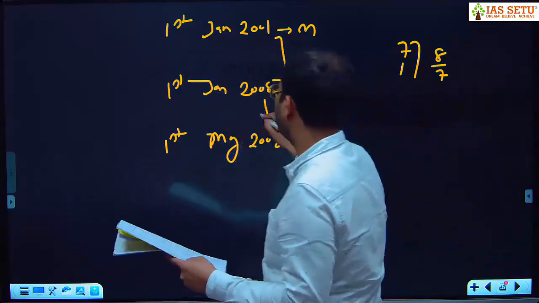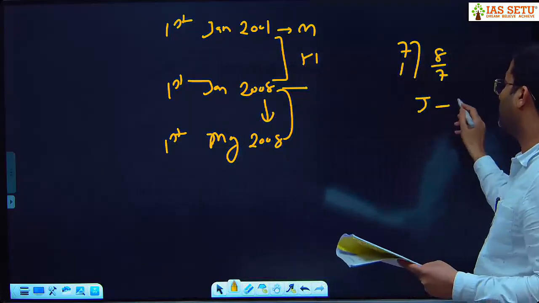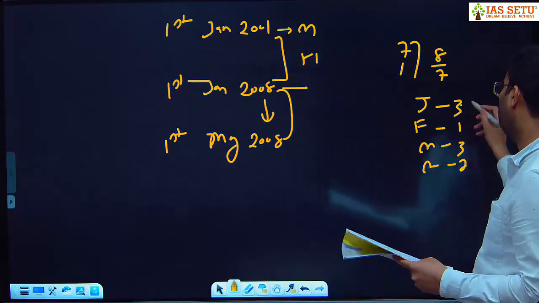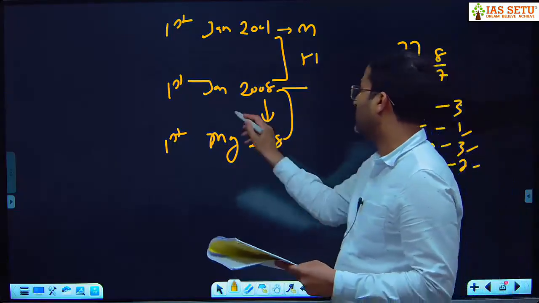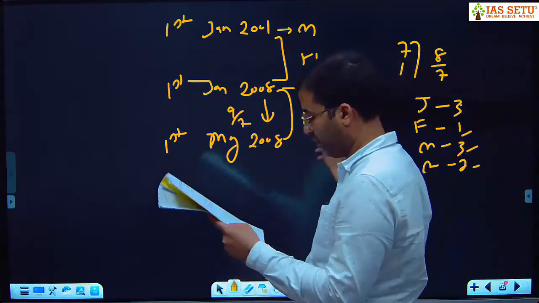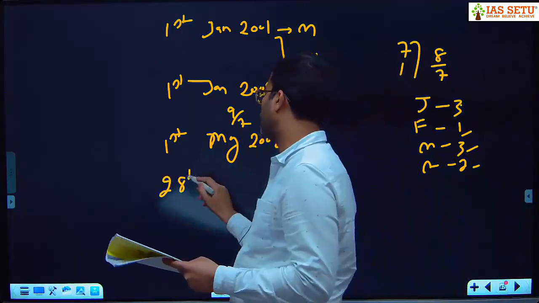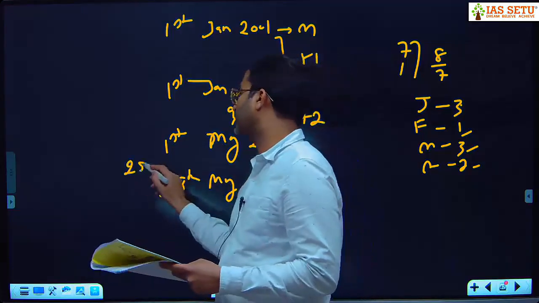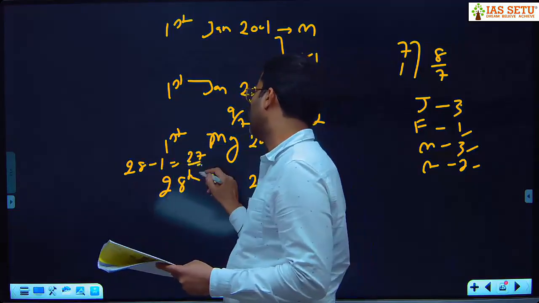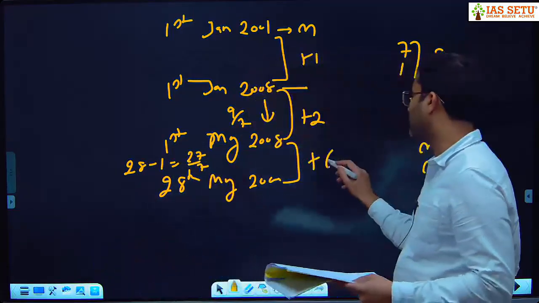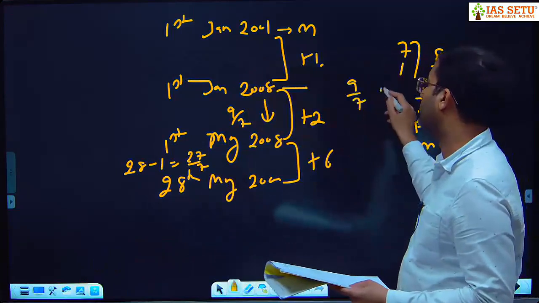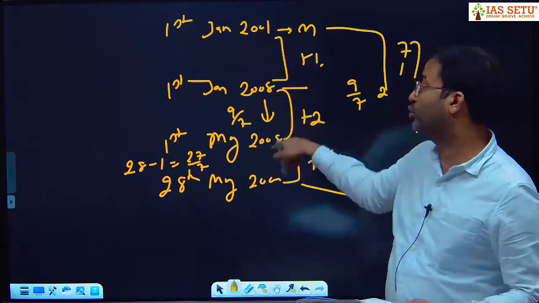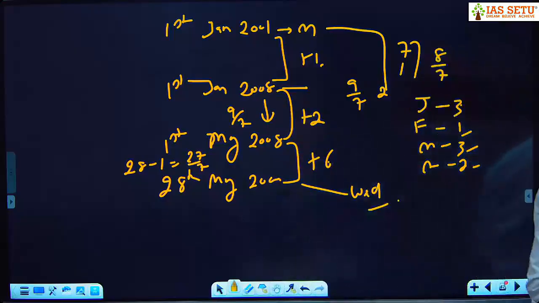क्योंकि 29 फेब जो है 8 की यहाँ क्रॉस हो रही है, जनवरी 3 odd days, फेब 1 odd day, मार्च 3, अप्रैल 2, 3 4 7 9, 9 divided by 7 remainder 2 plus 2, then 1st May to 28th May, so this is 28 minus 1, 27 divided by 7 remainder 6, 6 8 9, 9 divided by 7, 2. मंडे में 2 ऐड करने से वेडनेसडे इज द आंसर। तो 2008 एज ए लीप ईयर मंथली में ले लो। ओके